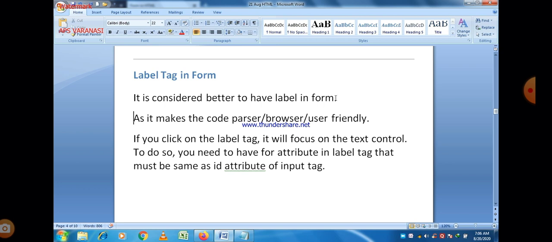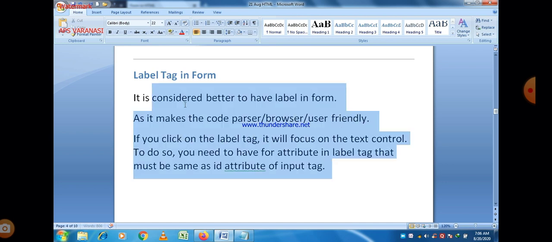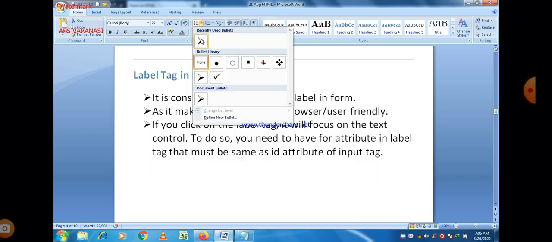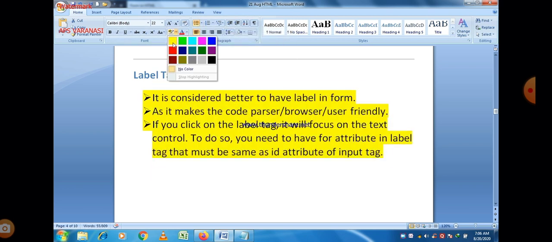So to make the browser user friendly, you should use label tag, and it is not mandatory, it is optional. And if you click on the label tag, it will focus on the text control. To do so, you need to have for attribute in label tag that must be same as id attribute of input tag. That is a very important point.